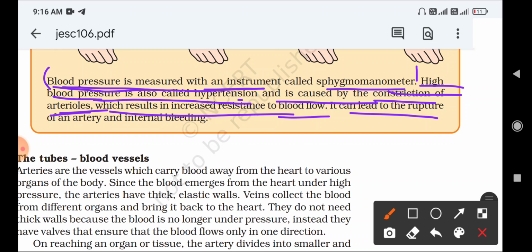The breaking of an artery is also possible, and internal bleeding, with blood leaking, will happen. So due to what? Blood flow is stopped, meaning the artery will break down and internal bleeding will happen due to hypertension. Okay,